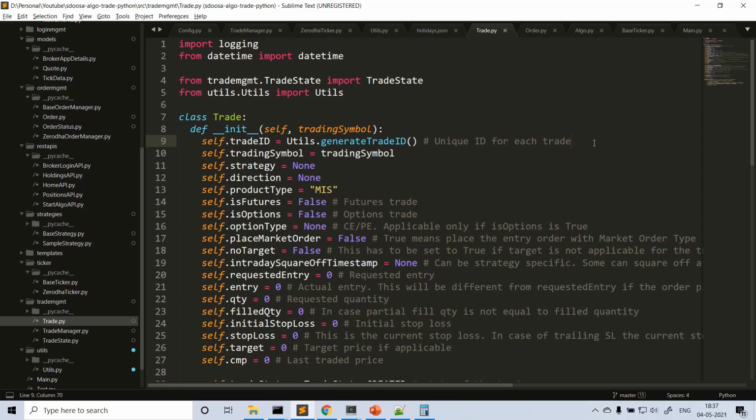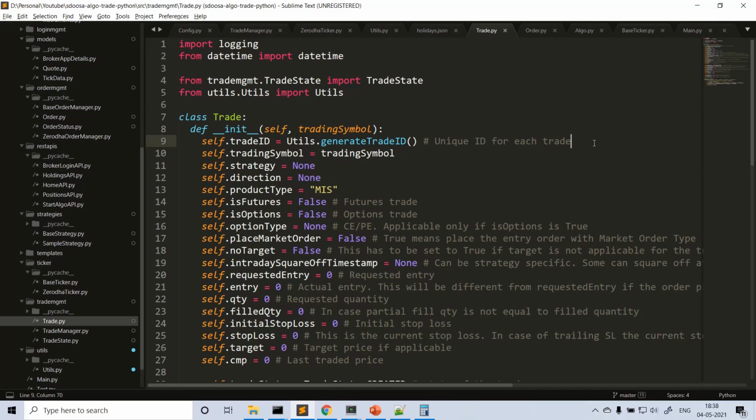And what do you do with your trade if SL or target is not hit before your square off time? Let's say your square off time is 3 p.m. or 3:15 p.m. The algo should square off if SL or target is not hit.